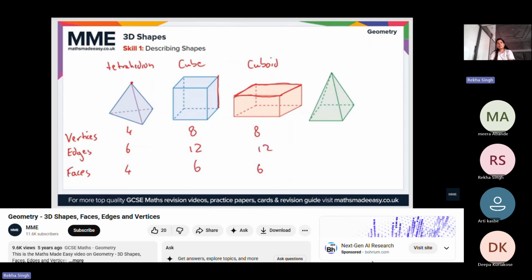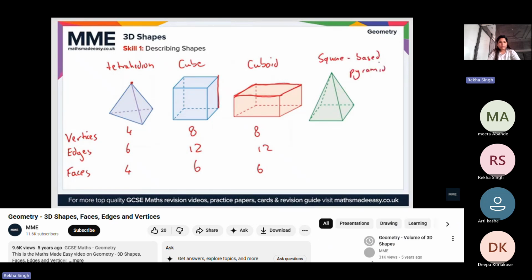And then this last one here is a square-based pyramid. So in this case,